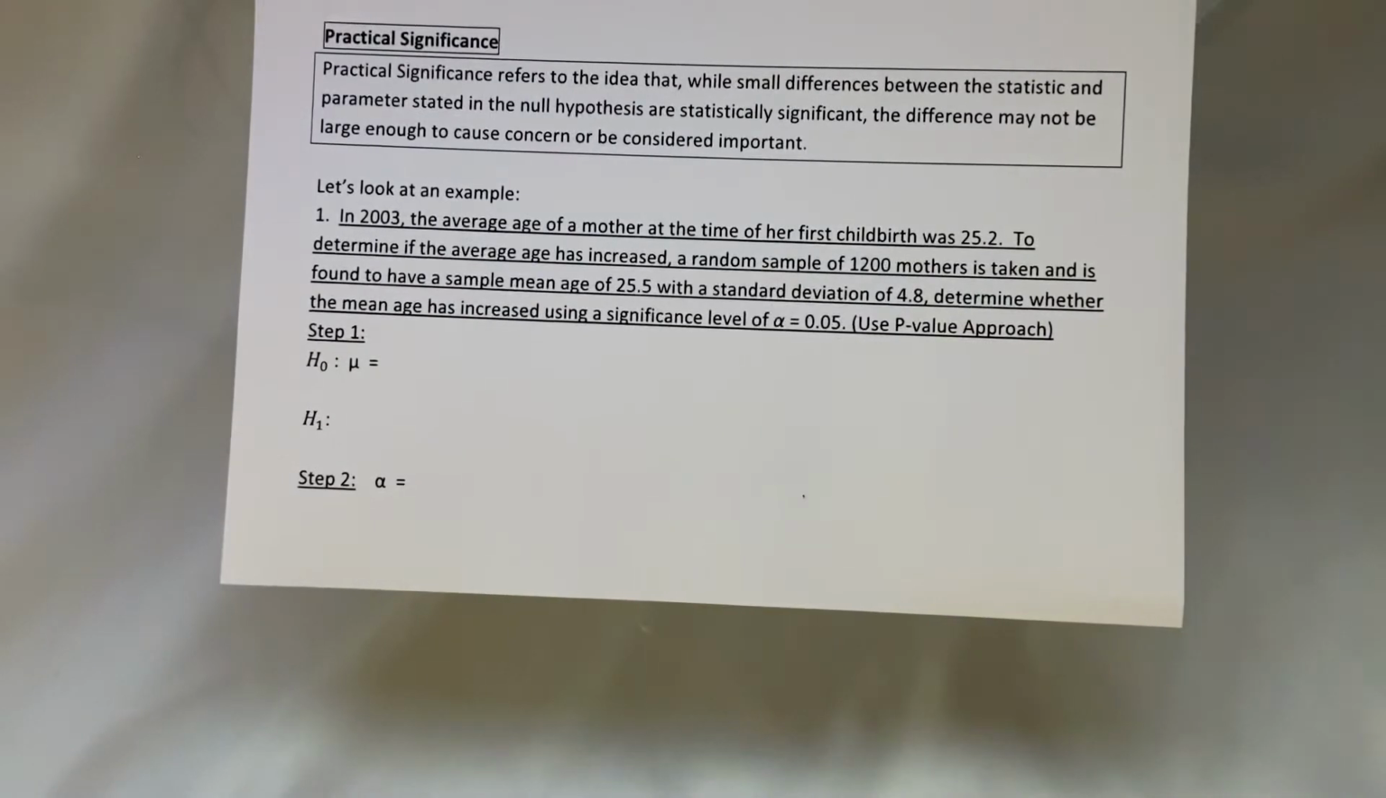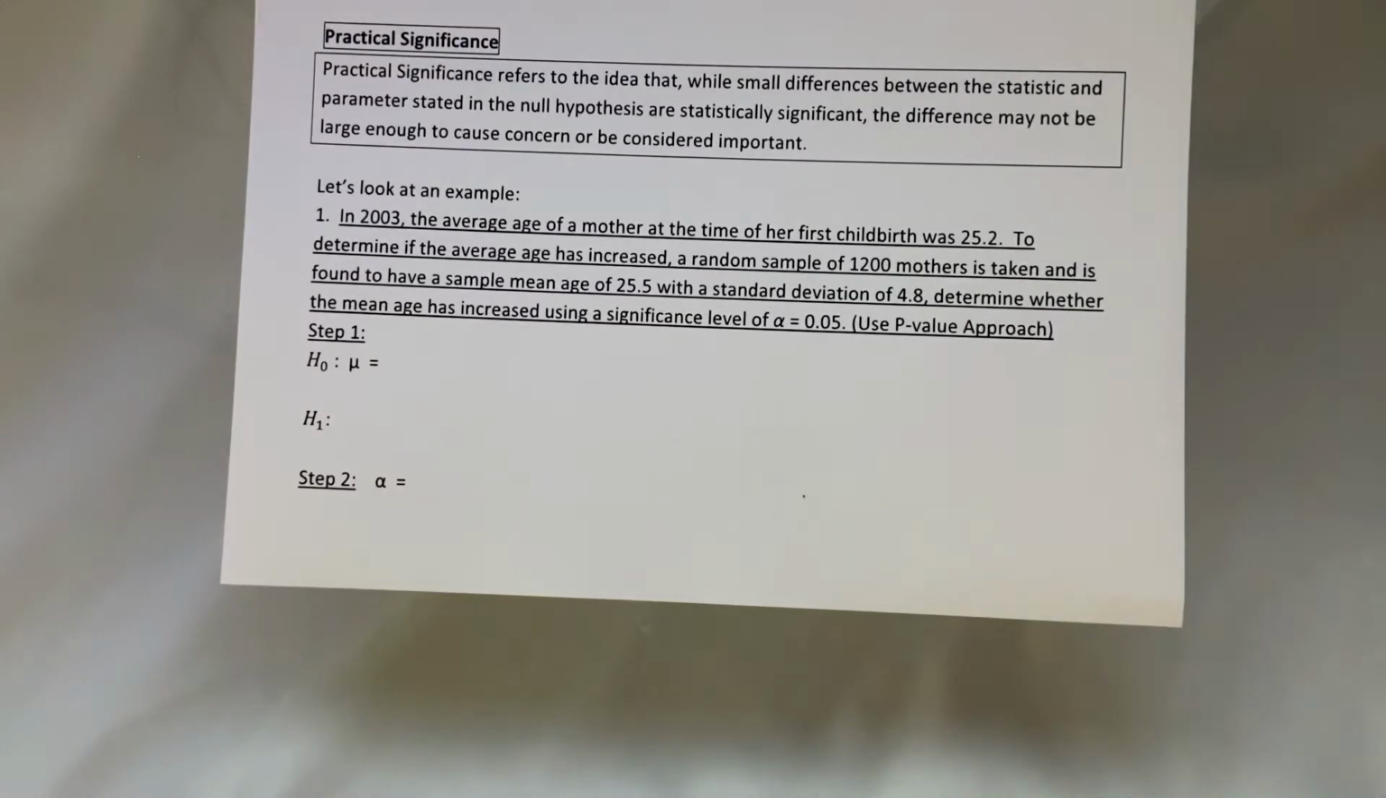In 2003, the average age of a mother at the time of her first childbirth was 25.2. To determine if the average age has increased, a random sample of 1,200 mothers is taken and is found to have a sample mean age of 25.5 with standard deviation of 4.8. Determine whether or not the mean age has increased using a significance level of alpha equals 0.05 using the p-value